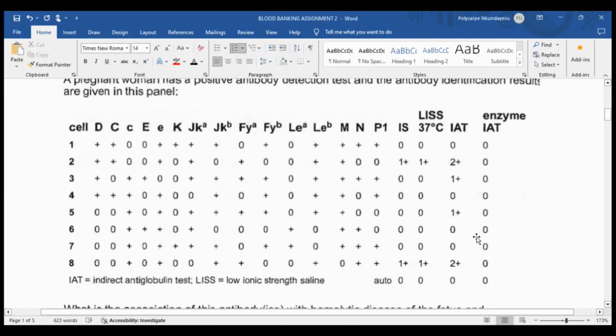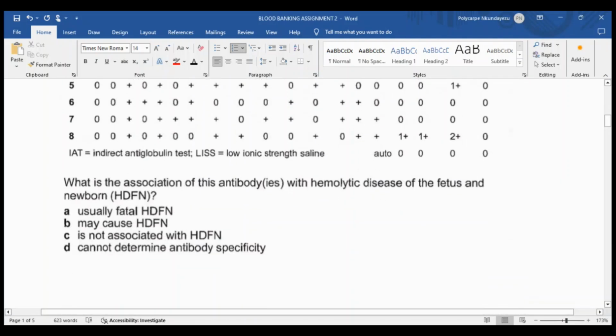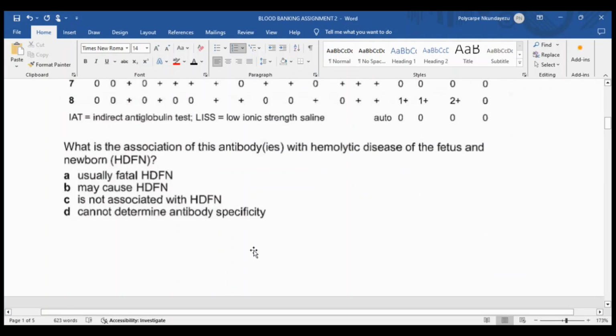So we are going to identify these antibodies first, and then we'll try to